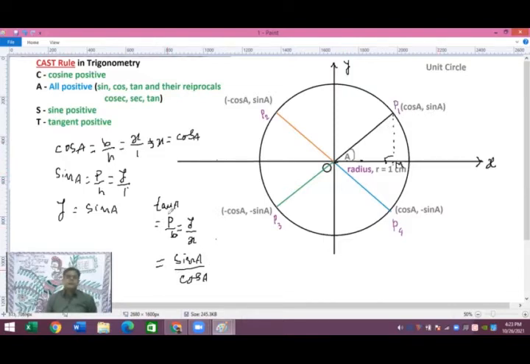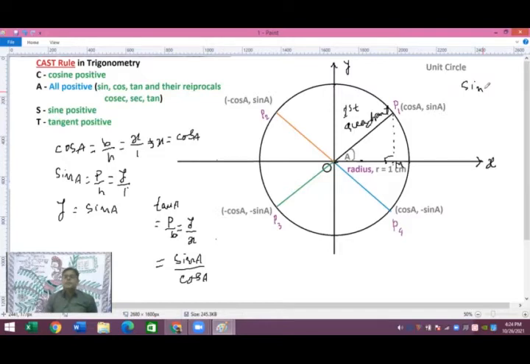We see that all the values for cos A, sin A and tan A are positive, and therefore this is the first quadrant. I'm not talking of this sector only. First quadrant means start from the x-axis until the first time you reach the y-axis. Alright, so this is called the first quadrant, and in the first quadrant you saw that